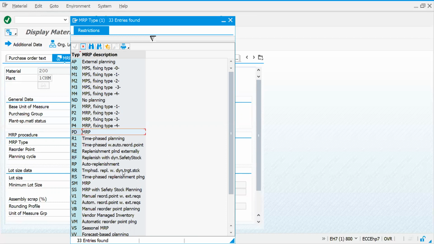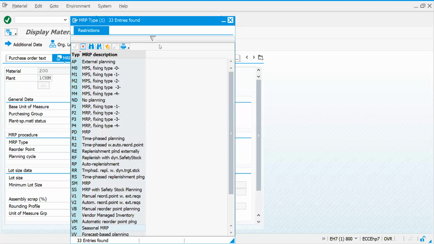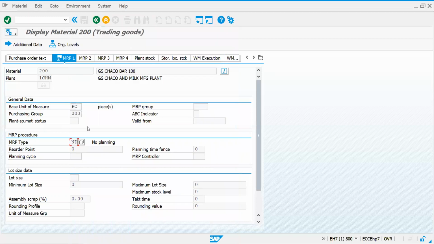Like that, different things will be there in your inventory management. If it is forecast based planning for future stock, you can do that. Seasonal MRP based on certain first 6 months only, you are going to plan this stock based on the agriculture crop or products availability. You have to choose according to your customer requirement. It depends on the product. It will decide what kind of planning you are going to do for your stock or inventory. You got it?